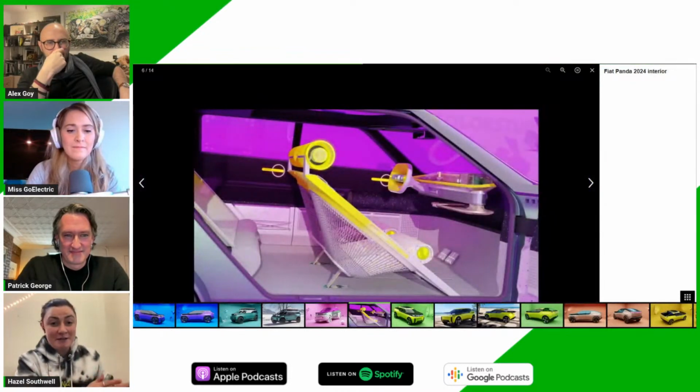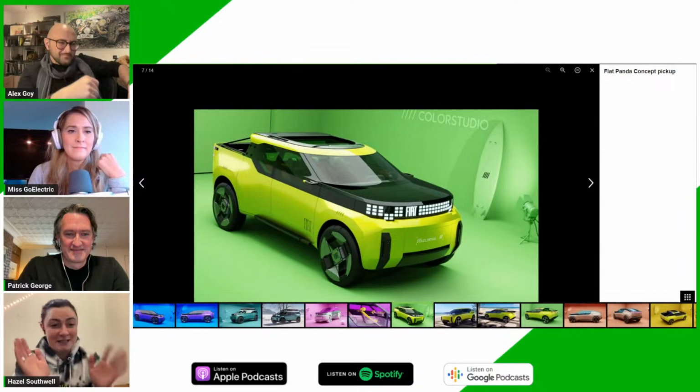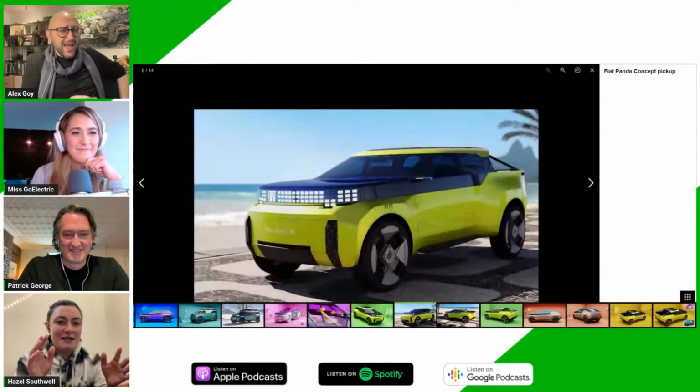That is what the Fiat Panda was. It was an incredibly fun car. They were always great. I love Fiat Pandas. This is not one. It's been renamed. It's a Fiat Koala or something. But